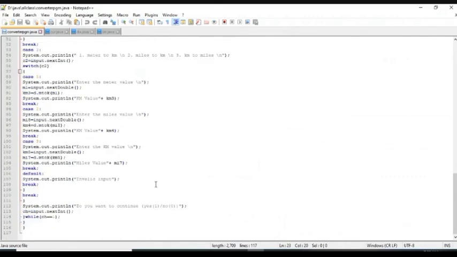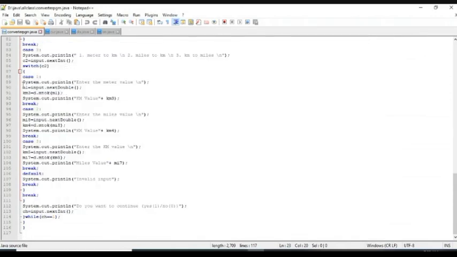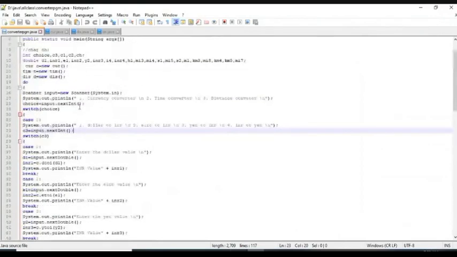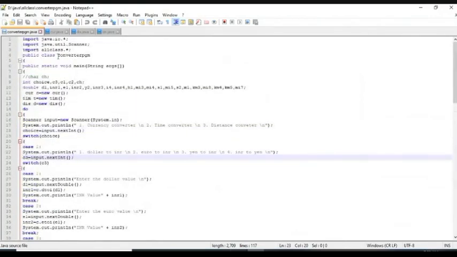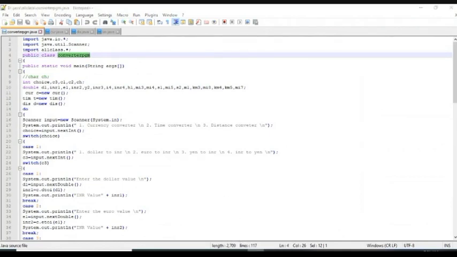So we are doing many Java programs within a single package. Now we move to the run part. Before that, you have to set your path where you are going to execute. Here the file name is the converter program. You must declare the file name as your class name. Here the class name is the converter program, which is the main class. So you have to name the file as the class name .java.